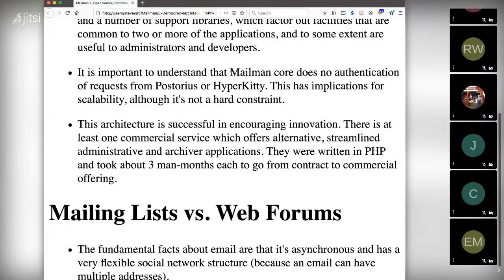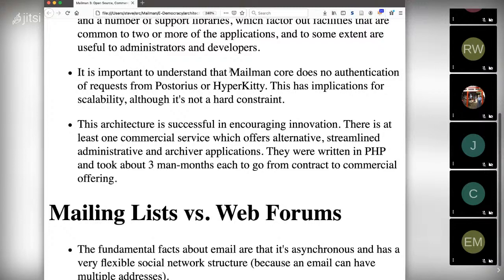So we do have some features that allow you to distribute among multiple queues, and in theory, this is NFS friendly, so you could put the whole queue on a NFS share and have multiple hosts doing it, that kind of thing. So there is some consideration for scalability, but authentication turns out to be a problem because of the need to firewall and things like that, which makes administration annoying to some extent.